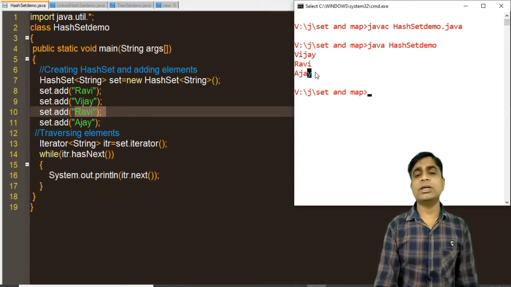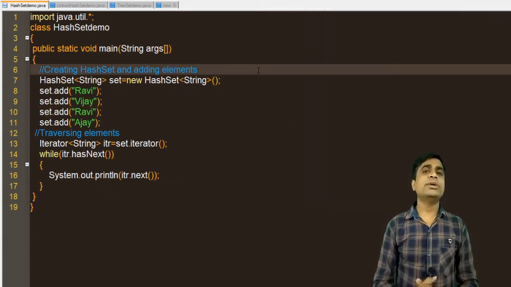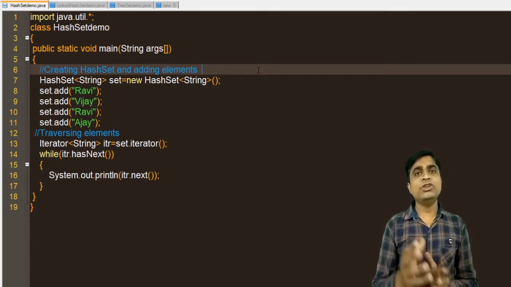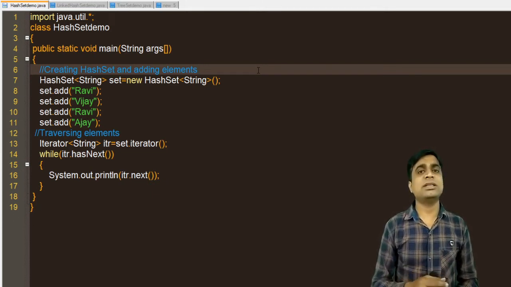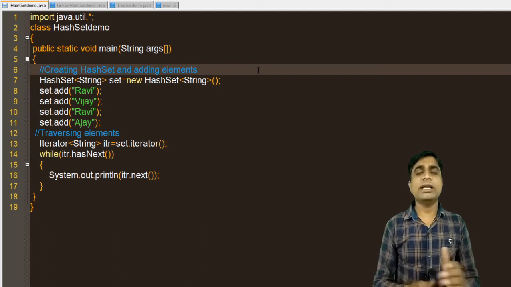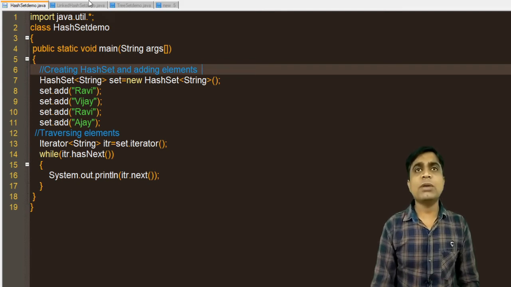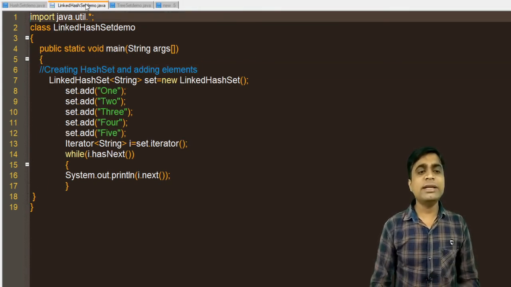So we can use this for adding. And as I told you, for the hash, linked and tree sets, the function is the same: you cannot store duplicate values in them, but these three are different types of data structures. If you talk about the tree, or the linked list, in a linked list there are different nodes, where the first node stores the address of the next node. So the concept behind the LinkedHashSet, TreeSet and HashSet is that you can store only unique elements. Now the next example is the LinkedHashSet.